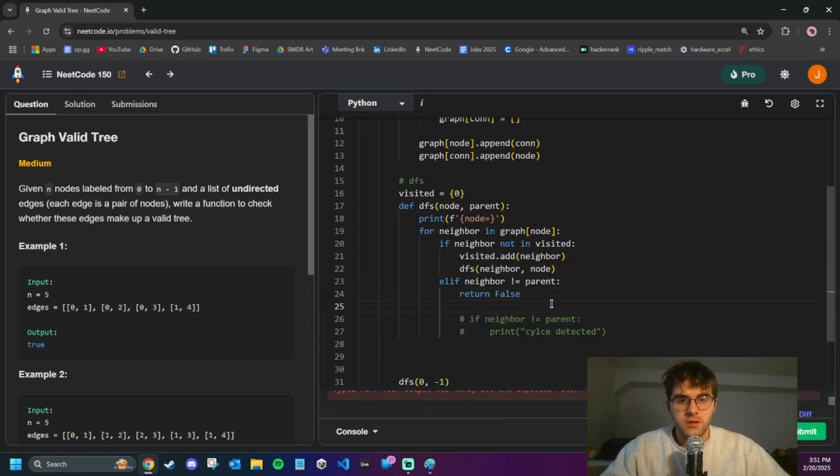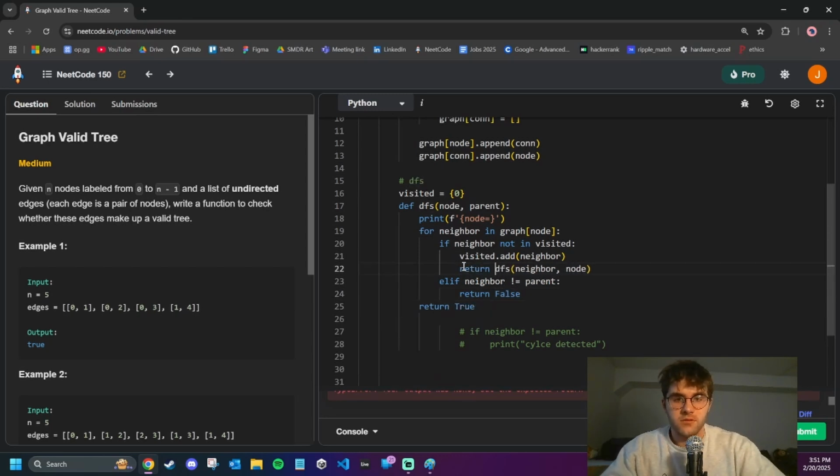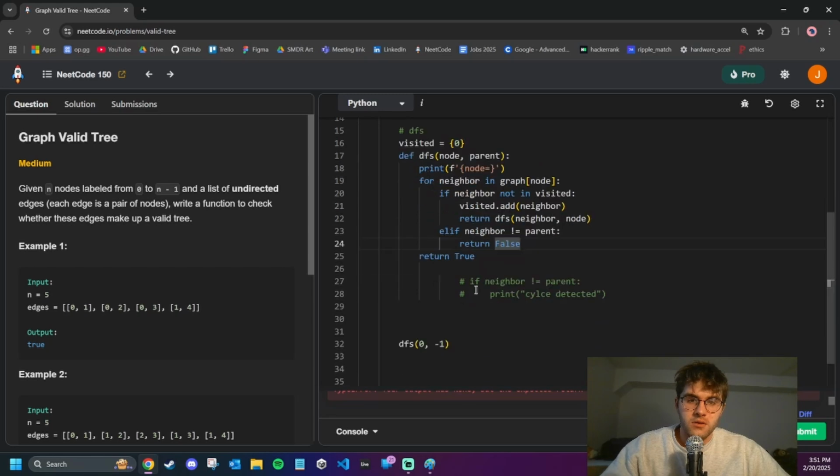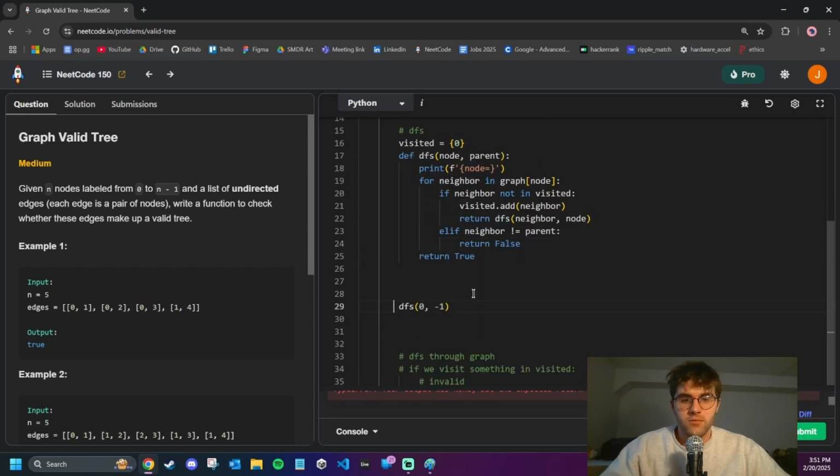Okay, so here we'll return false, that it's not possible. And if we get to the base case, we'll return true. And then we'll return like that. So if I print this,